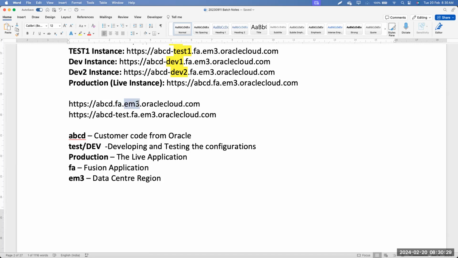And then the most important thing is these letters, EM2, and sometimes you will see US1, 2, 3, and now you will see AE and SA with some numbers. What does this segment represent? This segment represents which data center your instance is being hosted from. We all know Oracle Fusion is a cloud application, right? Since it's a cloud application, it doesn't mean that the data is just floating on the cloud. Physically, the data has to be in some machines, some servers. This data center represents which country the server is in, where all your data has been stored.